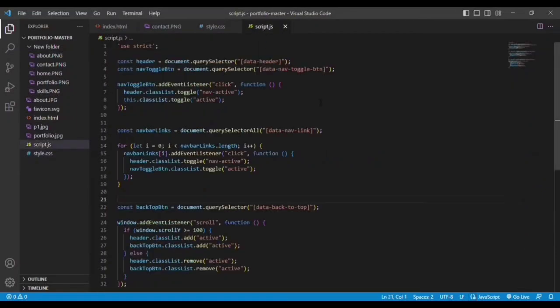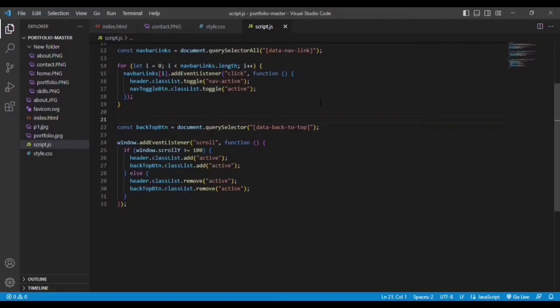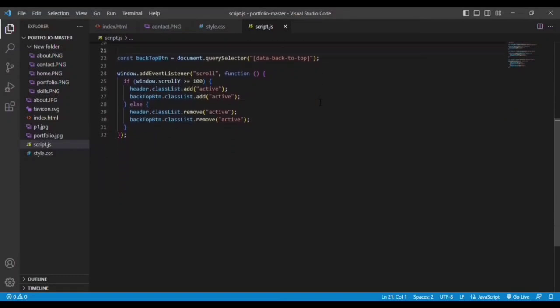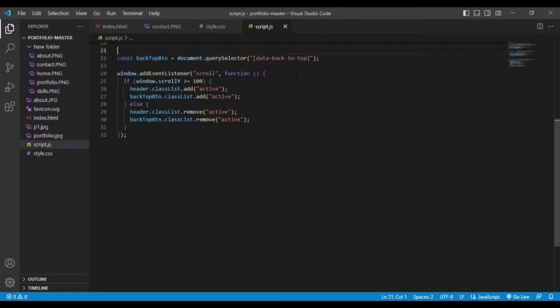So you can see the script here, that is the JavaScript function that gives you that. Here is the one. So back to top, we are referring to the data back to top. Here you can see the query element back to top. So we are referring here in the JavaScript, and we are creating a constant as back to top button, and we are using the window's add event listener, and whenever you scroll,